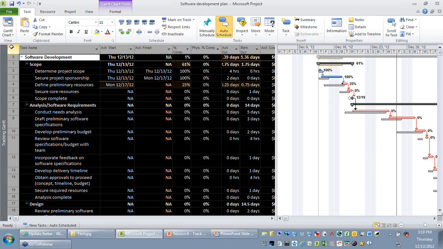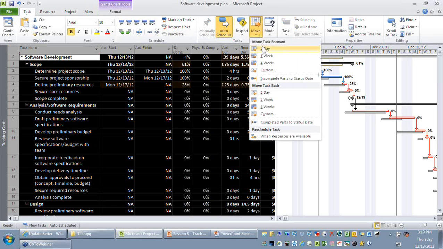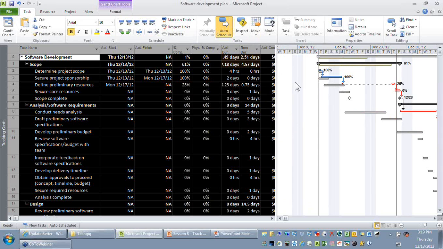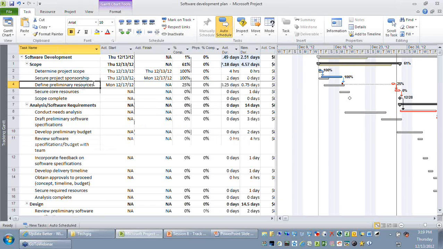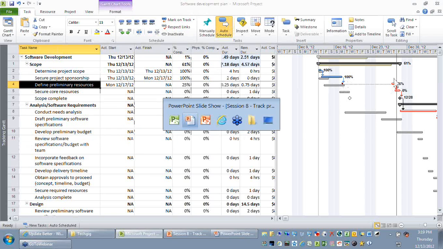So I'm just going to select all the activities, and I go to the task ribbon where you have an option called move. You can select the option called move the incomplete part to the status date. So any activity that is scheduled before the status date will get automatically moved on or after the status date. Now you'll be able to observe that the activity got split into two pieces, one happening in the past, another happening on or after the status date.